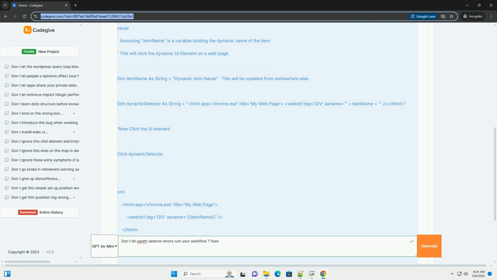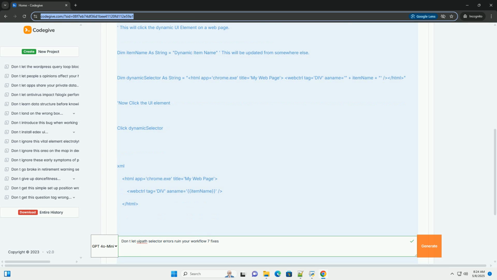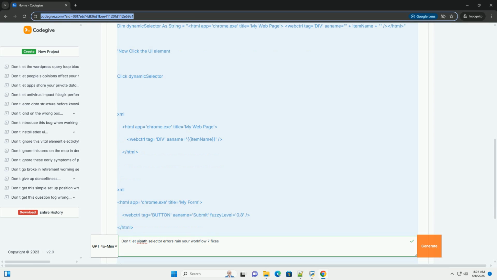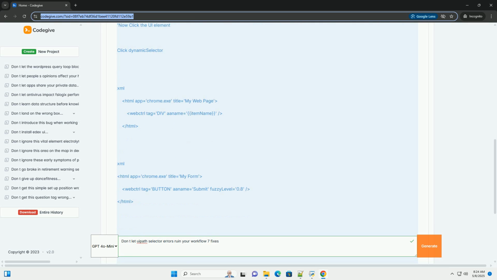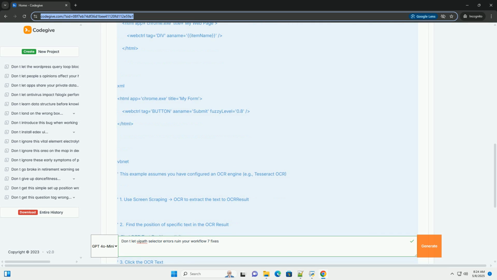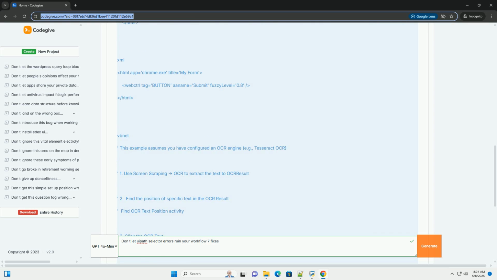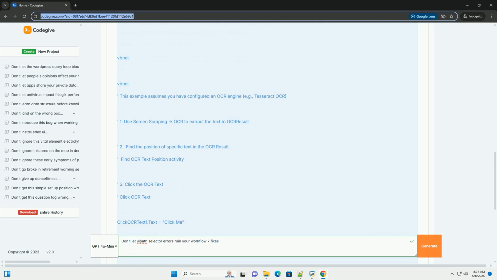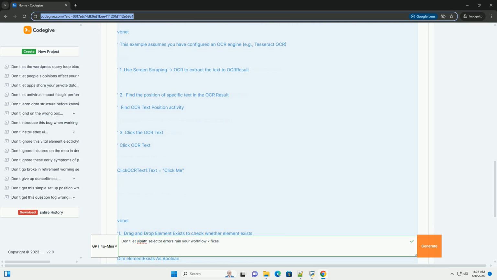However, selector errors are a common source of frustration, halting automation in its tracks. Understanding why these errors occur and how to resolve them is crucial for building robust and reliable workflows. This tutorial will delve into common causes of UiPath selector errors, provide practical solutions, and offer code examples to help you overcome these challenges. We'll cover: